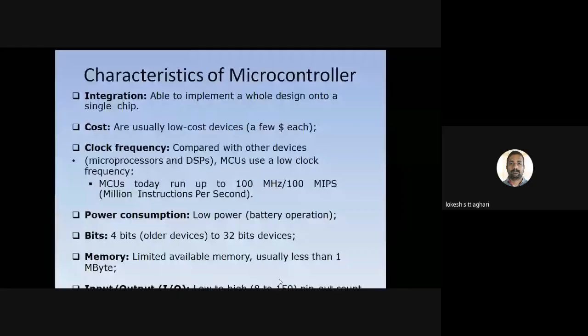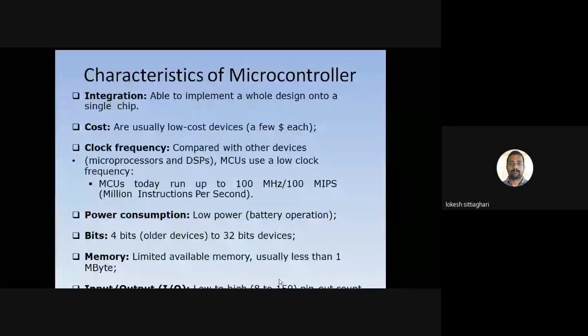That much speed we require for the embedded system. Power consumption: we require very low power, since it must be operated by battery also. The battery must have a long run, that's why the power consumption of the microcontroller must be very low.